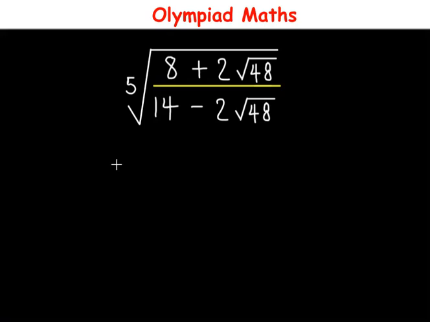Hello everyone, in this video let us solve this question. So we have the fifth root of (8 plus 2 times root 48) divided by (14 minus 2 times root 48). So what is the value of this? Now to solve this,